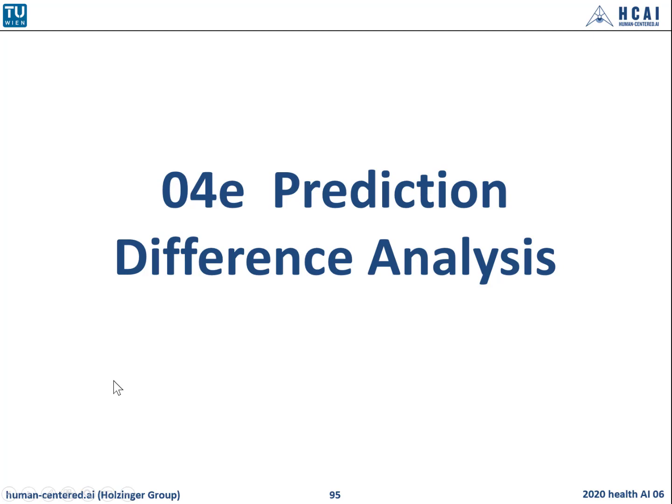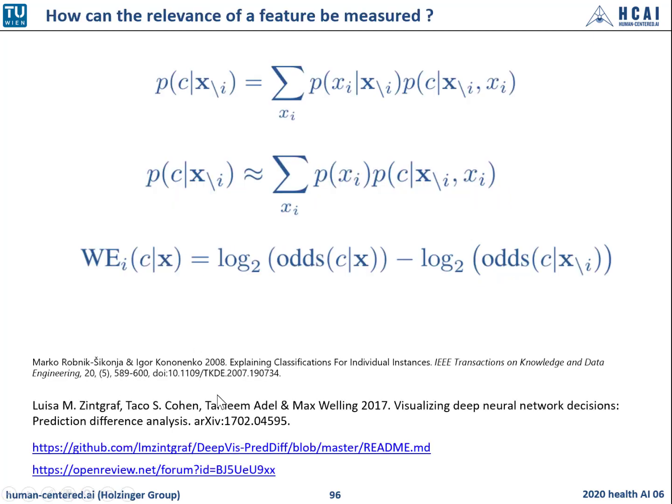Okay, a further interesting method is prediction difference analysis. This is a very basic method. This work on relevance measures goes back to a relatively old work by Marko Robnik and Igor Kononenko from the University of Ljubljana. So the basic idea was for a given prediction, the method assigns a relevance value to each input feature with respect to a class C. And that means that the relevance of a feature x sub i can be estimated by measuring how the prediction changes if the feature is unknown. That means the difference between p of c given x